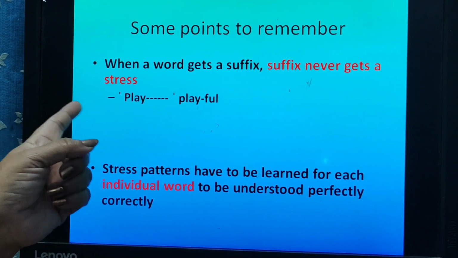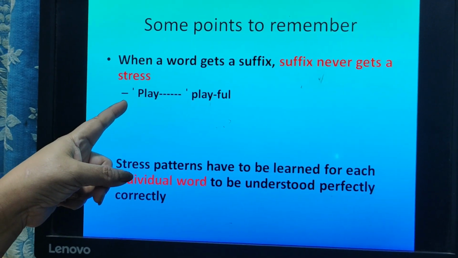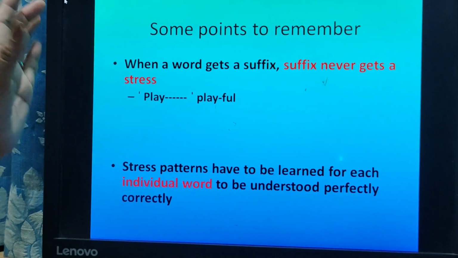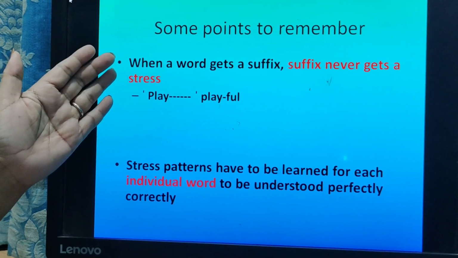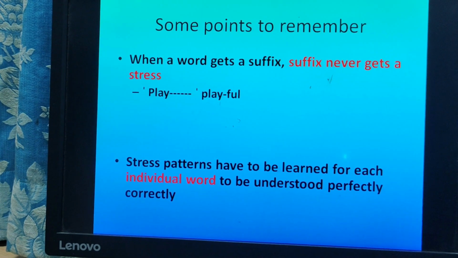So play will become playful. Play with one vowel there. The stress is on the first single syllable, but when we add the ful suffix,